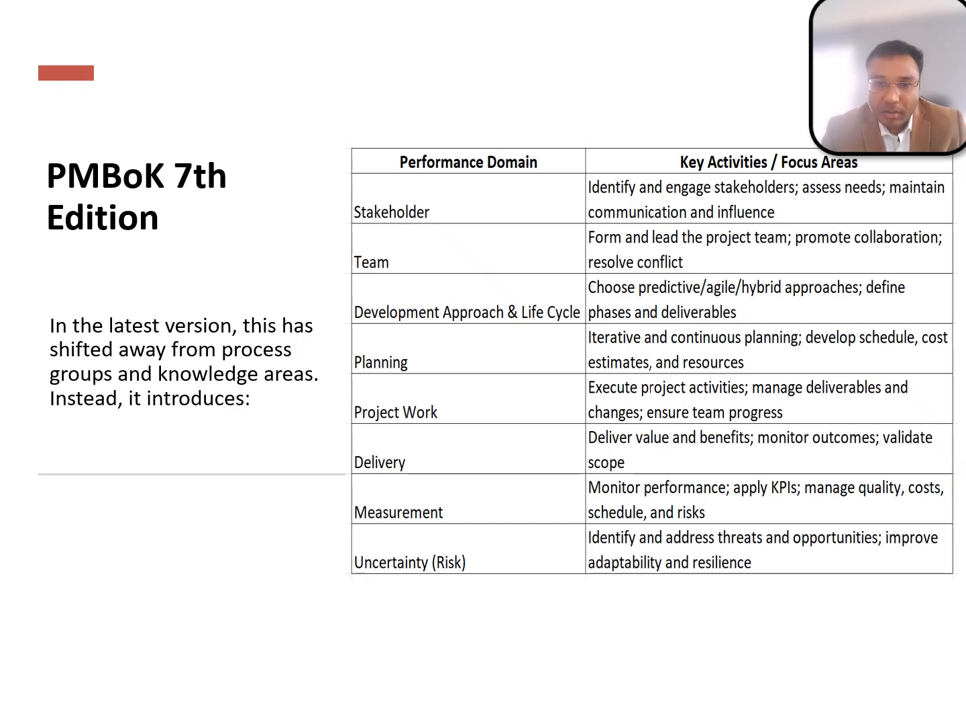So the performance domains are the key domains which have been stated as stakeholder, team, management, development, planning, project work, delivery, measurement, and uncertainty. Each of these performance domains will tell you why you're doing this and what outcome you're looking at. So it emphasizes mostly the principles and the performance domains. This reflects how modern projects increasingly have to be agile, flexible, and adaptive to change, aligning better with real